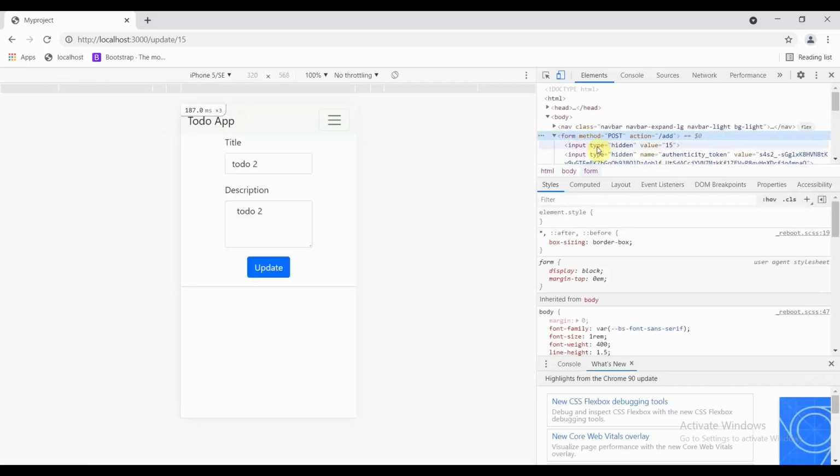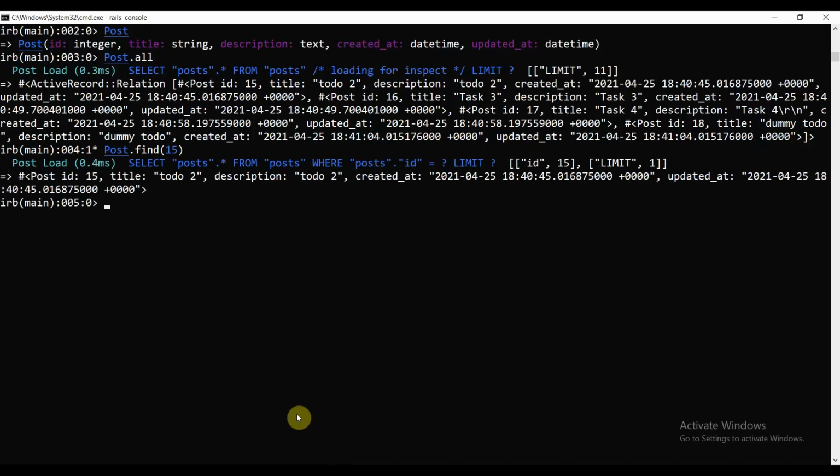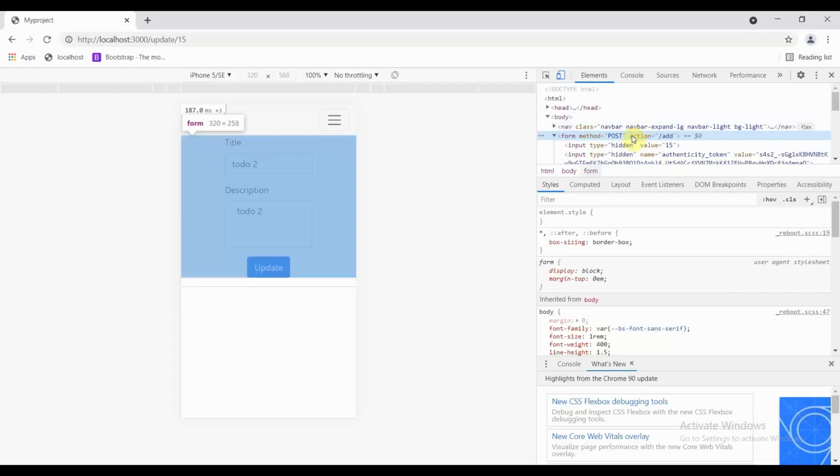Here you can see input type is equal to hidden and we have a value 15, because of the task corresponding to this. Let's move to our Rails console and check Post.find, the post with the id 15. Yeah, this is the same post. So we did this because we wanted to maintain the value.